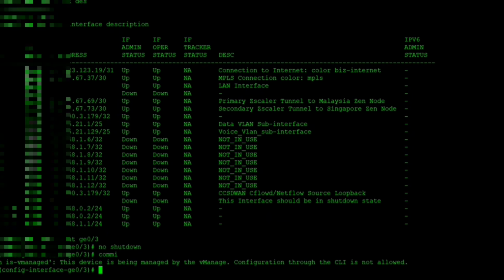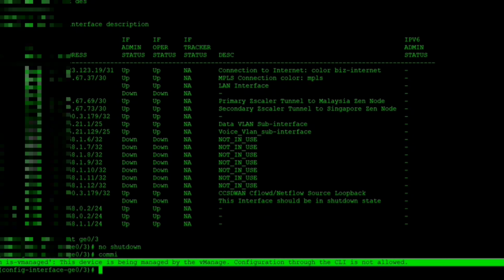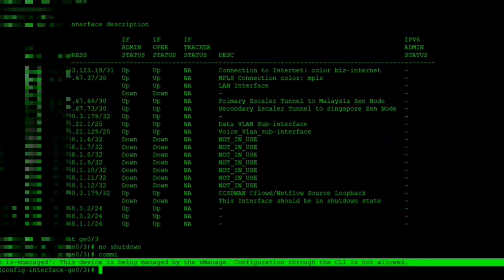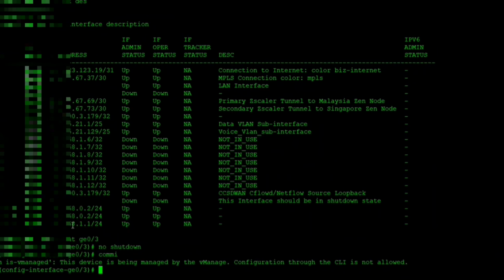It will not allow you to make any changes on this device. Whatever you want to do, you cannot do. This device is being managed by vManage. Configuration through the CLI is not allowed. So that's the difference. Same thing with this particular device, I can make the changes from the template also. If I want to disable it without converting this device into CLI mode, I can do it from